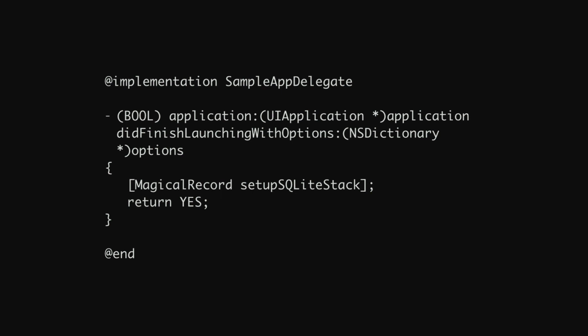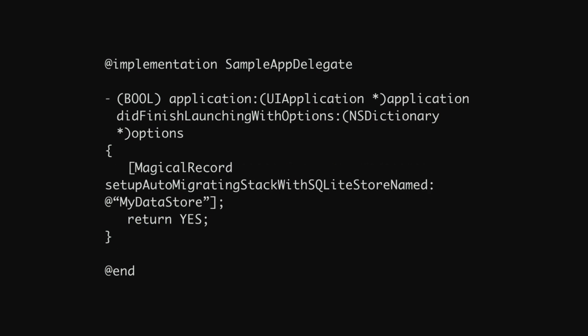And I've done some performance testing on some of the stacks as far as just getting things to work sometimes, and swapping it out just changes the way it works. And if that's what you need to do, then you need to do that. But it's really easy to swap out what it is as far as setting up. You can set up with an in-memory store here, or you have the auto-migrating stack here. We have all these options.